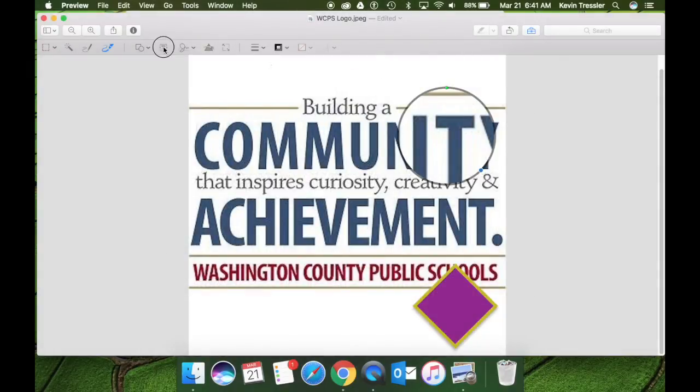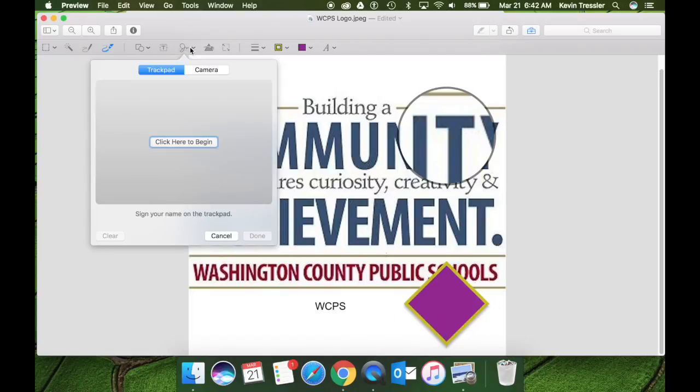As we move across, I can also add text to any image that I would like. So I could say just WCPS, and I can move this anywhere I would like. Moving across, you also see that we have our signature options. If you'd like to use the signature option or see how this works, please take a look at our PDF